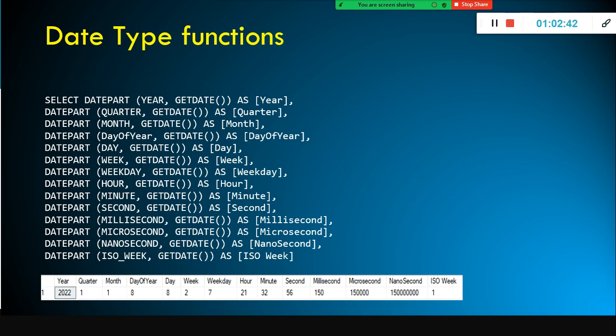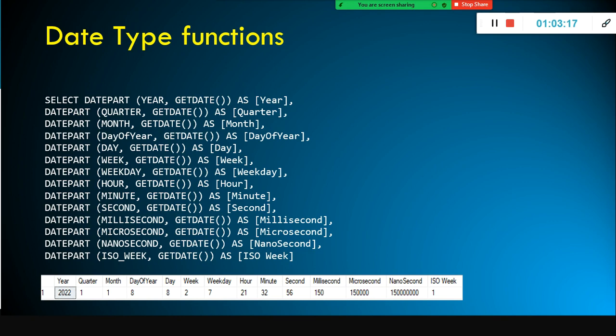Why do I have to extract year, month, quarter separately? Even day, so the day name also we will extract separately. Why do we have to do this? Because we want to perform some kind of year on year sales, month on month sales, quarter on quarter sales. In that kind of situation, we store year separately in a column, and month in a separate column, day in a separate column. So in that kind of situation, these kind of functions are very much helpful.